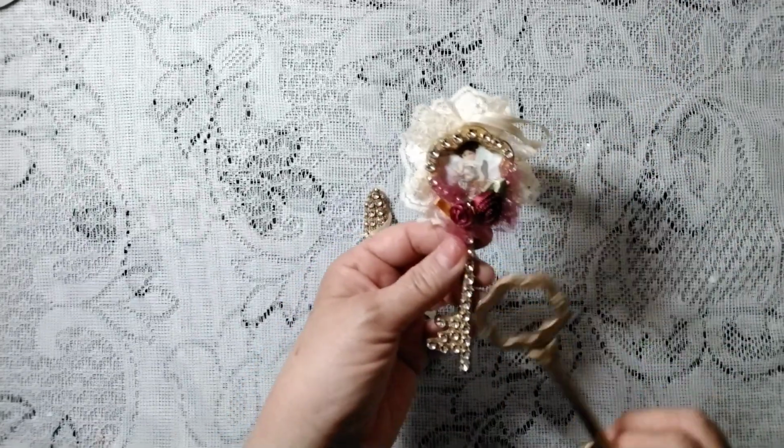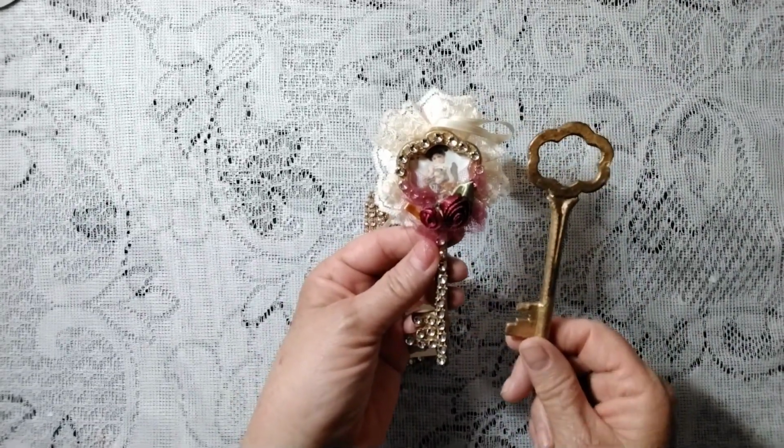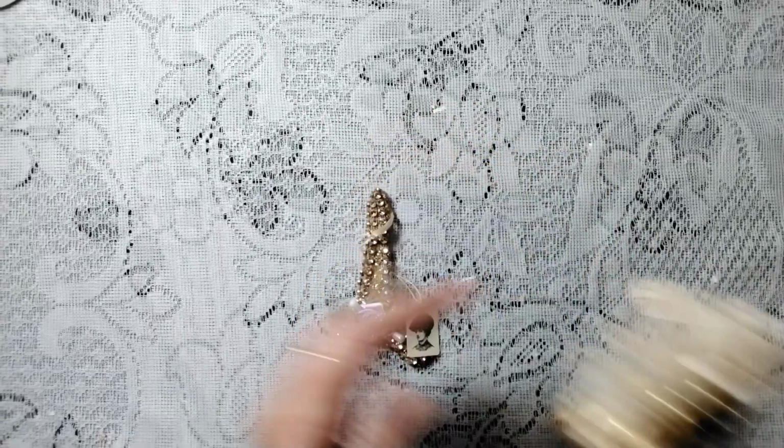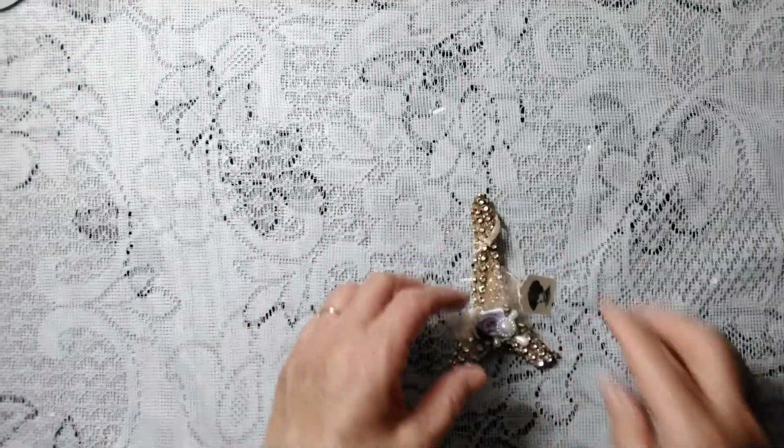Okay, and then put the bling on the key. So I have to make this one up. I found this one in one of my stash, so I've got to make that up. So I made a Paris,